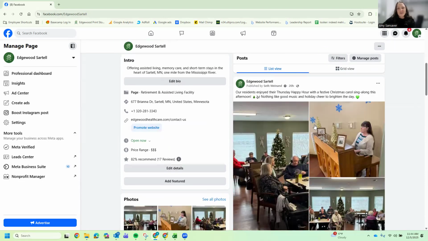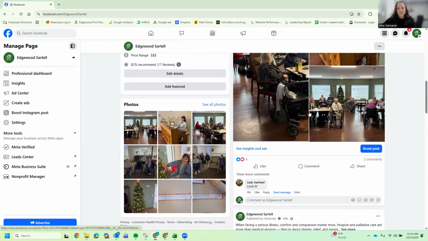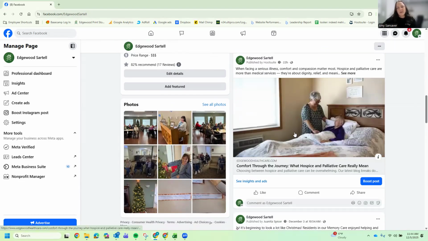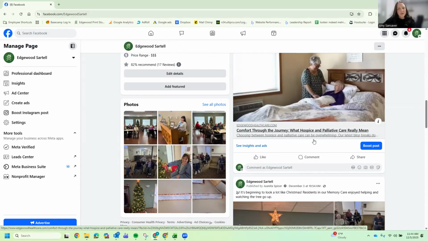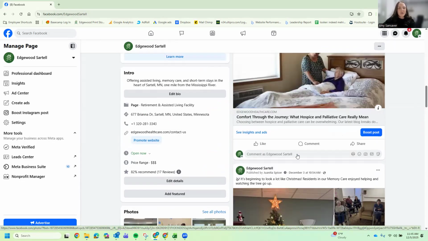And as you scroll, you can look through your pages that the posts are being scheduled or posted. We do come to your page and we post blog posts. So those are automatic posts that will come through our company called Hootsuite. It's just an automatic post that comes from our blog. So you don't have to do anything with those. We just want those to land on your page. And then we'd like to say that in between blog posts, you're posting about